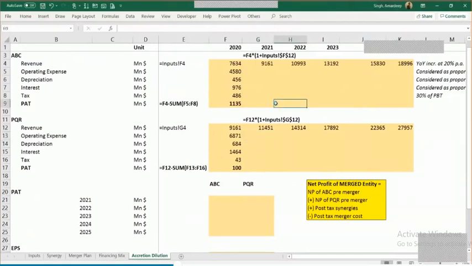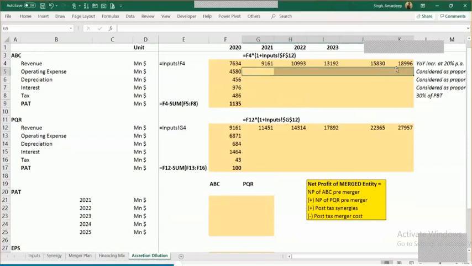Increase the revenue, and in fact, if you want, you can increase all the operating expenses and everything at the same rate that you've used for revenue. Or what you could do is apply the same proportion going forward. What I mean by proportion is you look at the percentage in the first year that operating expenses are of revenue, some X percentage. Apply the same percentage going forward. So if operating expenses are, just taking an example, 60% of revenue, then going forward, if you know the revenue figure, 60% of that you allocate towards the operating cost.